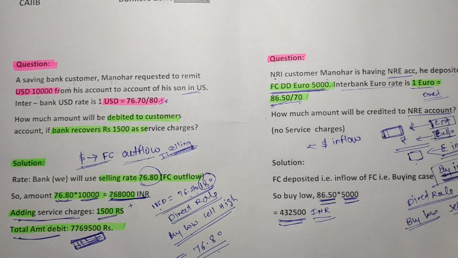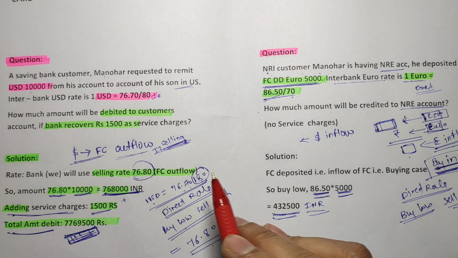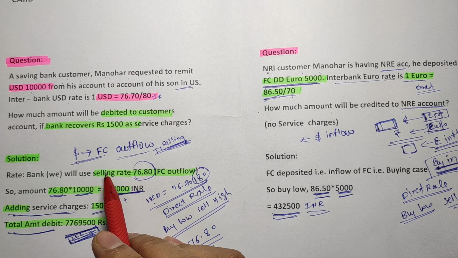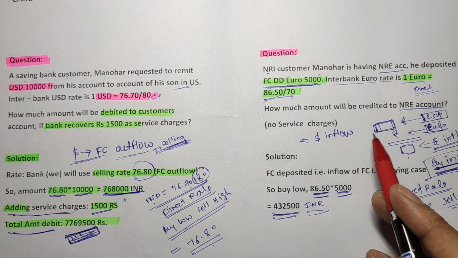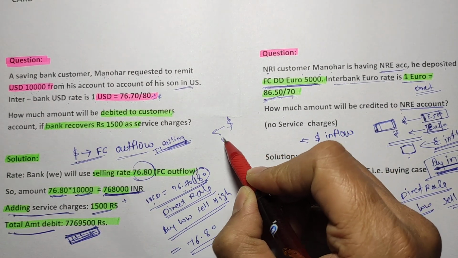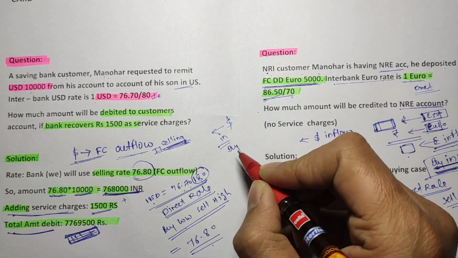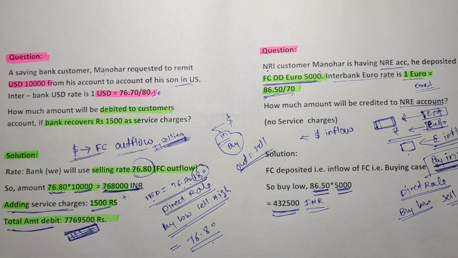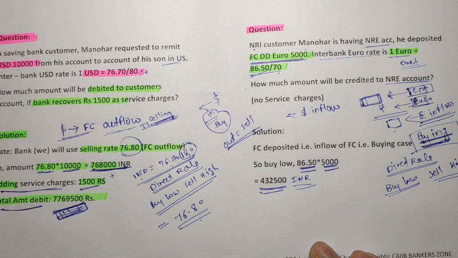So through these two examples, I think you will understand the basics: when there is inflow of the currency, it is the buying rate, right? And when there is outflow of the currency, that time selling rate. Just remember, when there is inflow, that means something is coming to you because you have bought something. So inflow means buying, and outflow is the selling case. So friends, in these two videos we have completed our very basic two numericals. In the next part, definitely we will study some higher numericals.